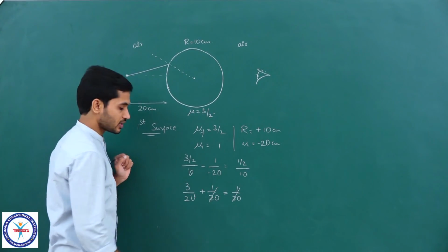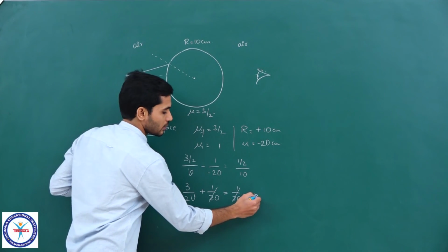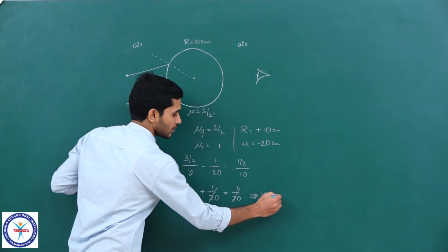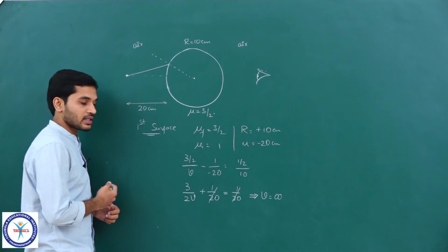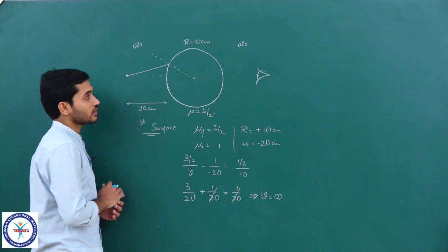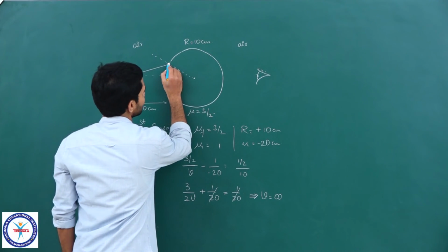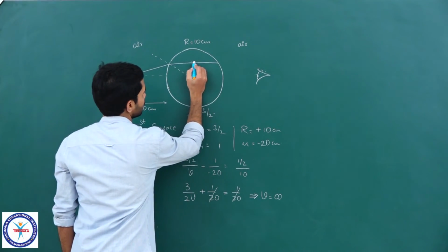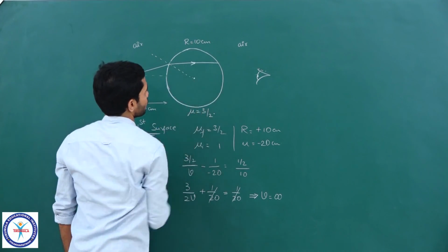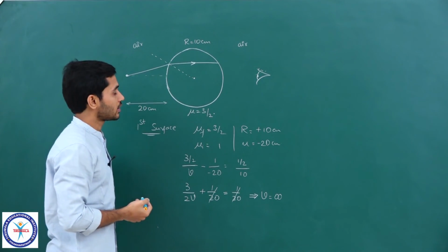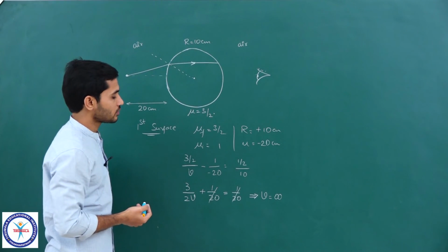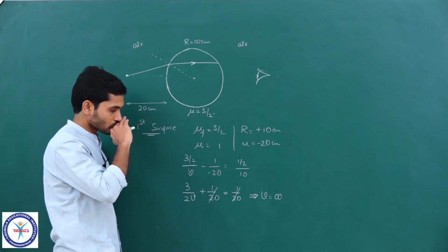You know what that means? 3 by 2V is 0 will imply V is infinity, right. So, when will the image be formed at infinity? If this light ray becomes parallel, correct. So, that is how the light ray would travel, clear. And